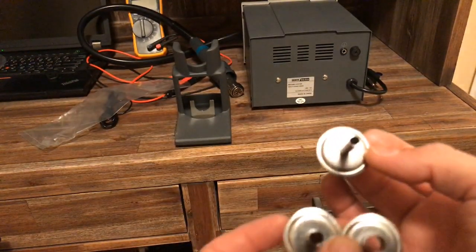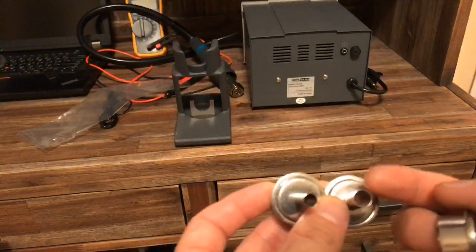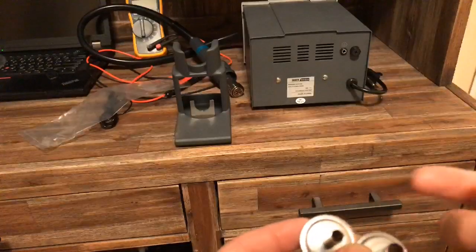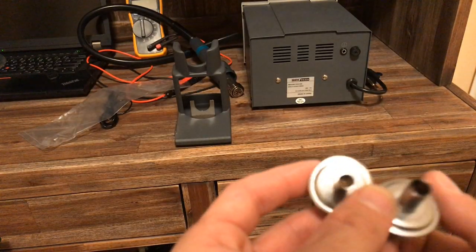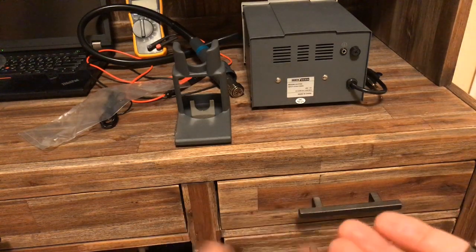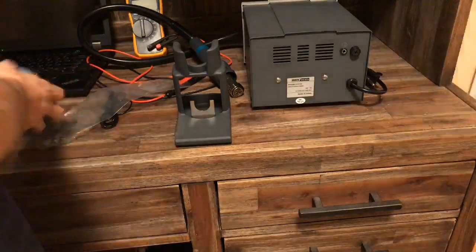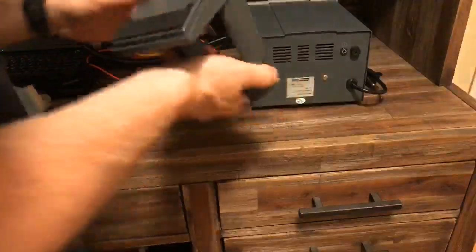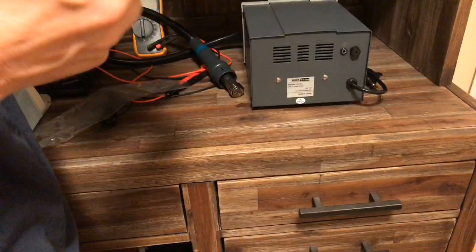I've got a slightly smaller one than this with my JBC that I like to use a lot. And I've got one around this size. This is sort of in between. But yeah, these are all pretty good sizes, good to work with, although I'm going to order the bent nozzles that I see. And it's got to be something that I'm just missing here. Although,